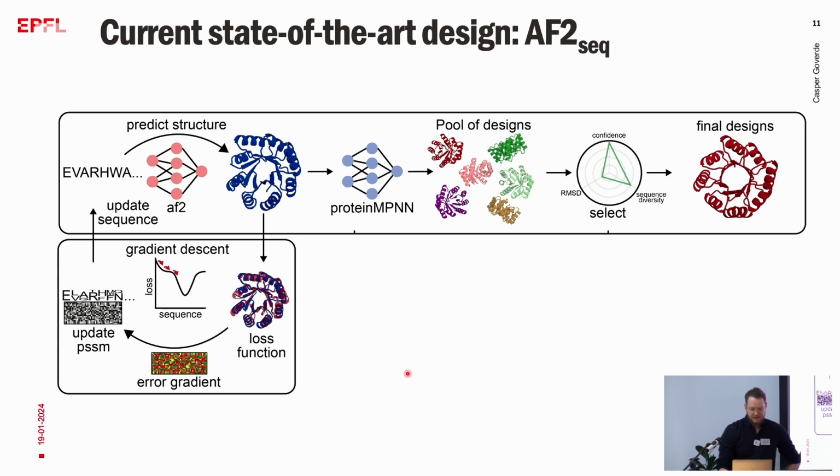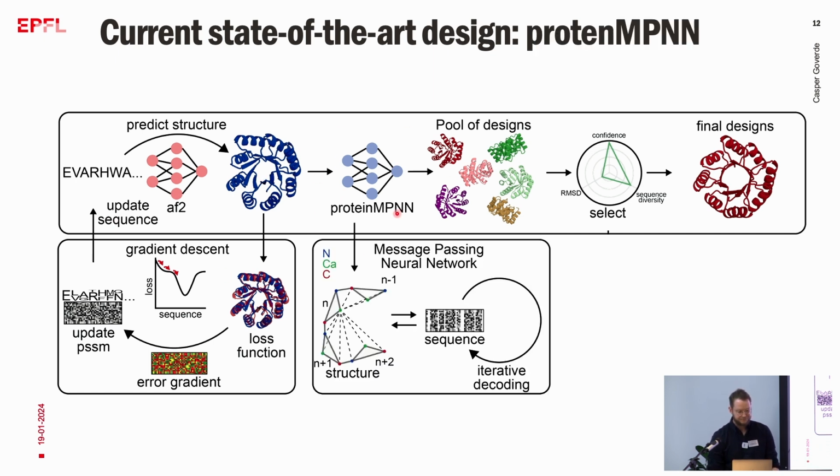And in the meantime, a new tool came out, which is called ProteinMPNN. So now our pipeline is updated a little bit. So we still have our AlphaFold backpropagation, which generates a bunch of different variations of structures with sequences. And then we have ProteinMPNN. What ProteinMPNN does is it takes the backbone as an input, converts it to a graph, and it takes a look at the nitrogen, the C alpha, and the carbon atoms, and then it performs something